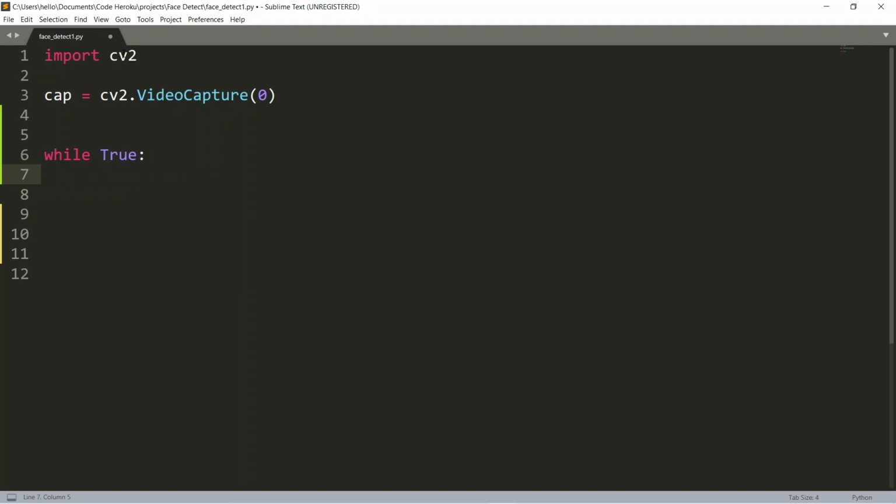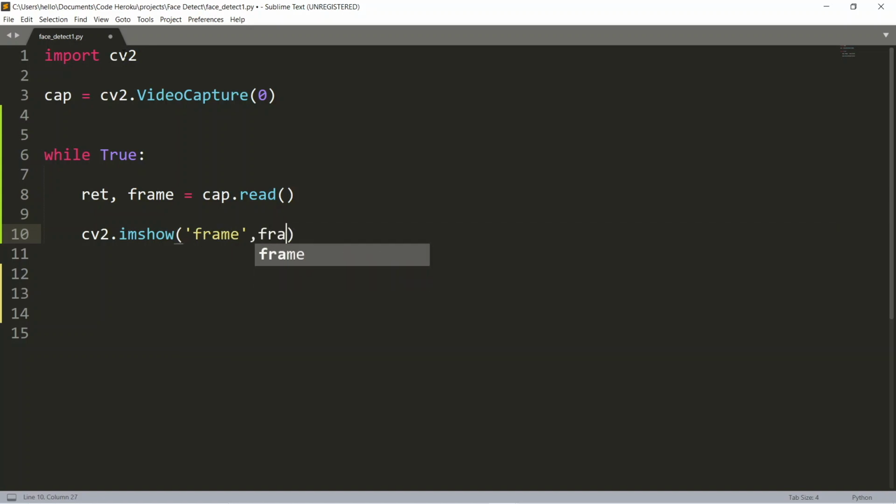And now let's read the first frame from our video capture object. Now let's go ahead and display this frame using the imshow method. So if you run your code at this point, you will notice that nothing comes up. And the reason is because your video capture is so fast that each subsequent frame is overwriting the previous one and you don't see anything.